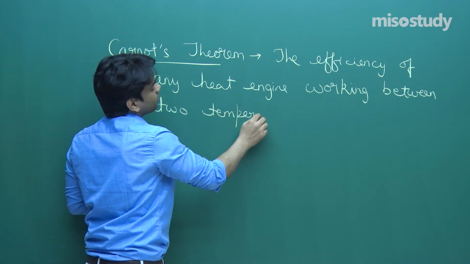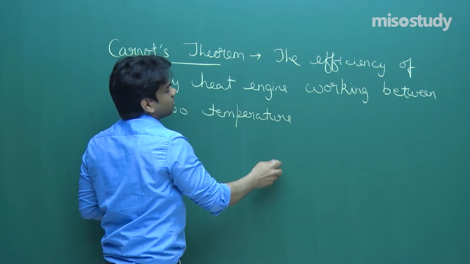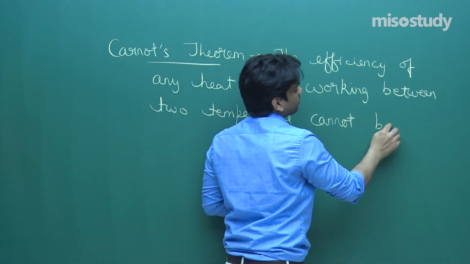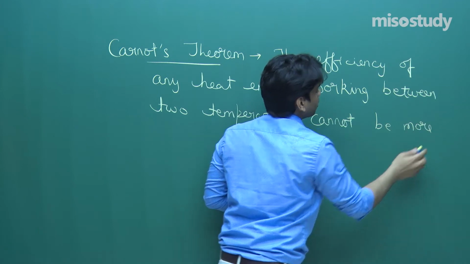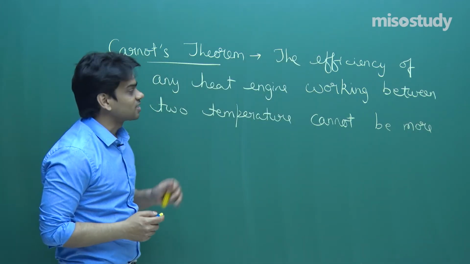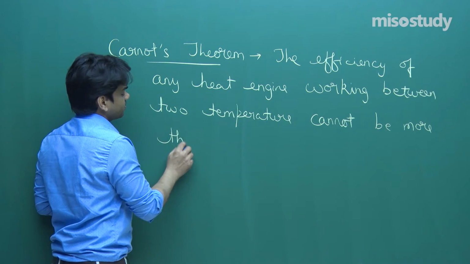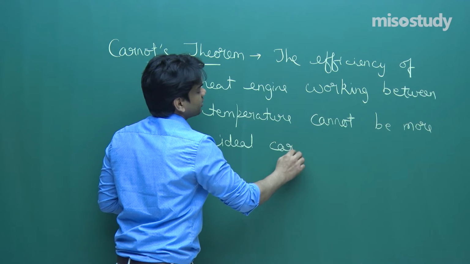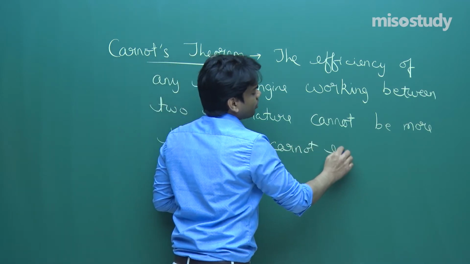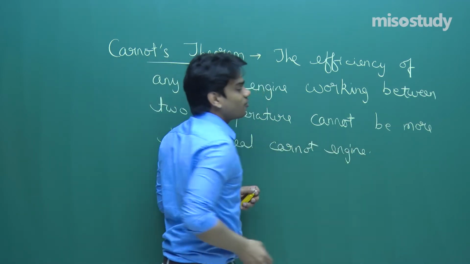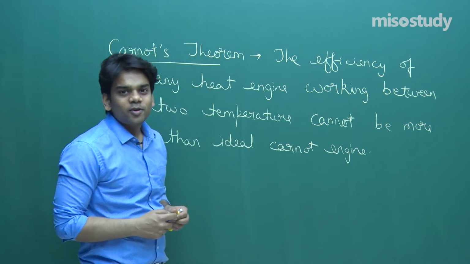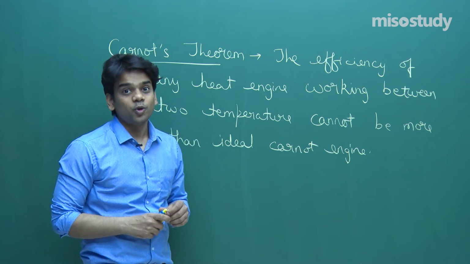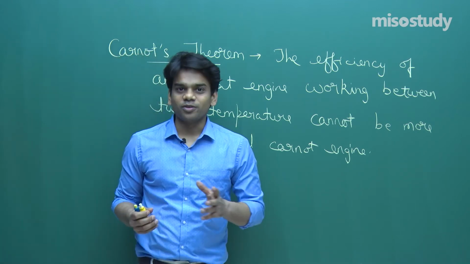Cannot be more than an ideal Carnot engine that already I have discussed in the last class. Now efficiency of Carnot engine I have already discussed in the last class. It was actually work done with respect to the heat supplied. This was what I have told you in the last class, and then we have also derived for various processes,